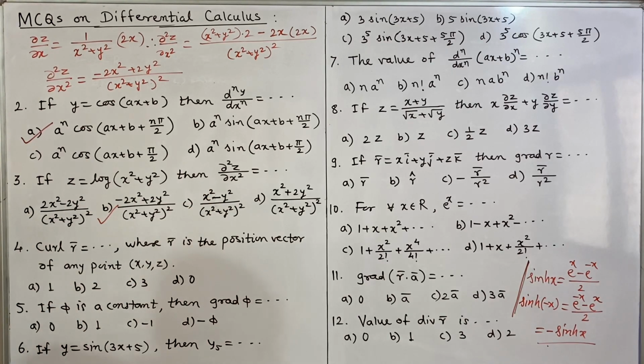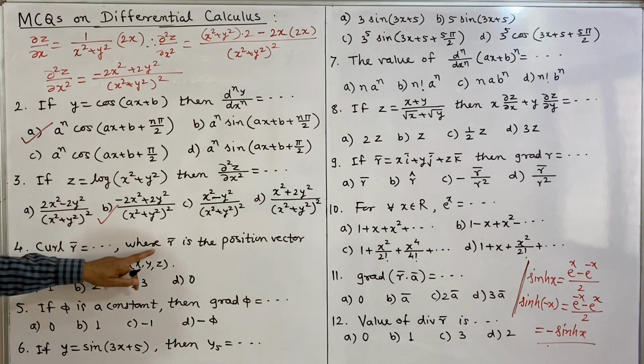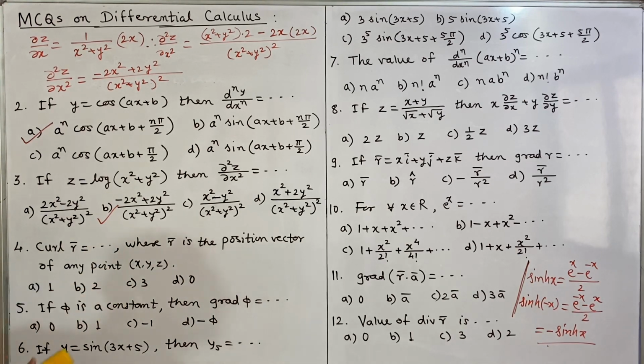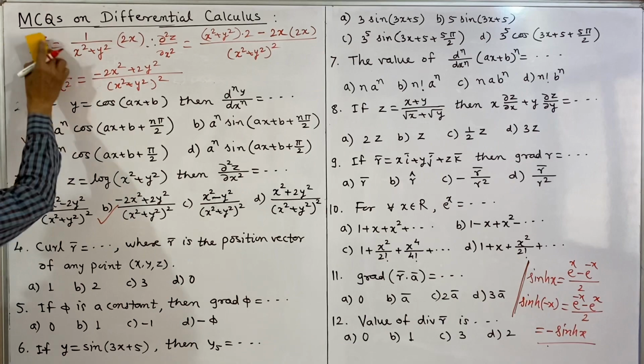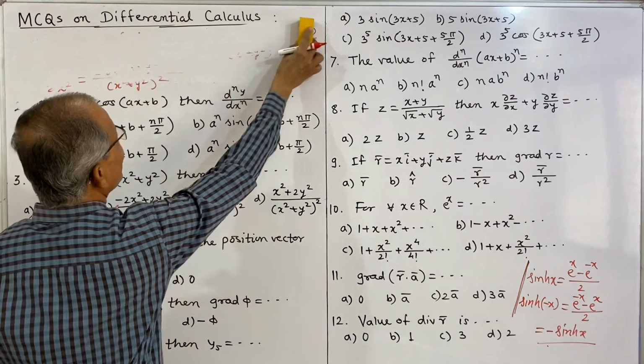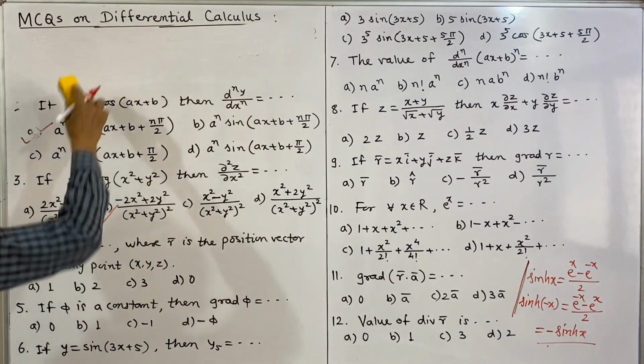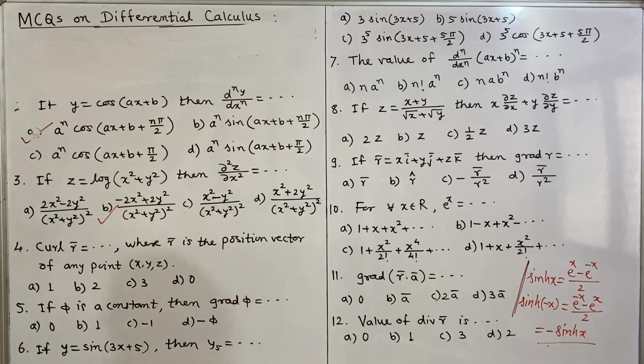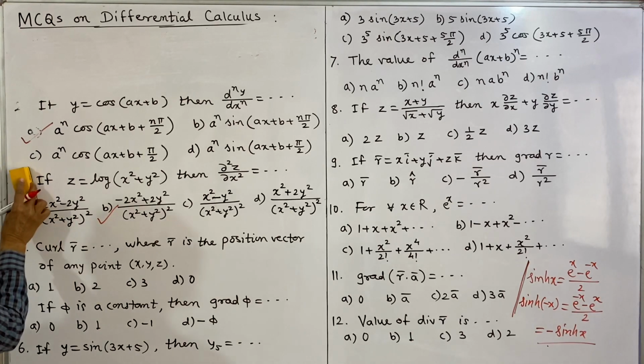Next is curl of r bar, where r bar is the position vector of any point x, y, z. Now if r bar is the position vector of any point, then we can write r bar as